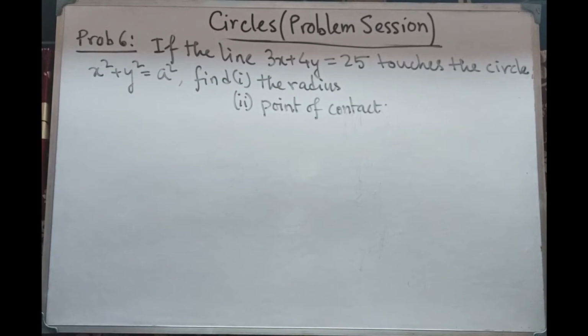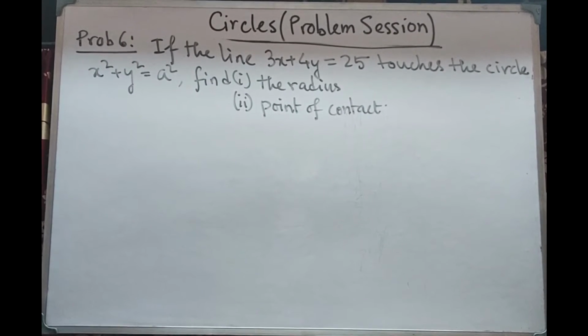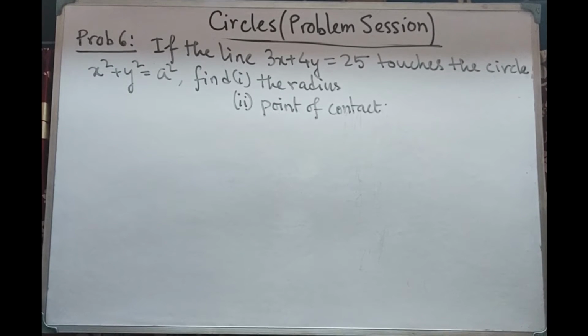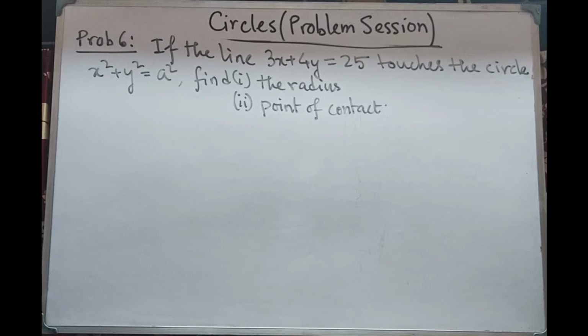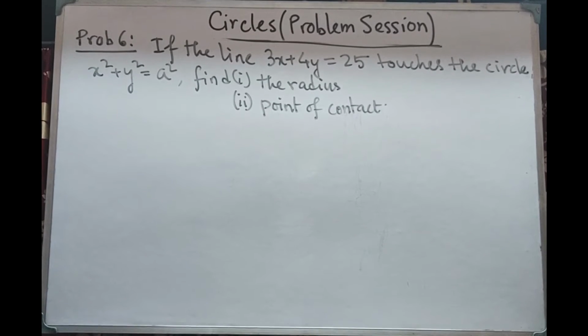Now see, if the radius is the only thing to find, then we can apply the condition of tangency, and from that we can easily find the value of the radius, the value of a, because in this line we have the values of m and c. So c equals plus minus a into root over 1 plus m square. From that we can easily find a. But here the second question is the point of contact. That means you need to find the coordinates of the point of contact. So for that you need the value of x. So it will be better to